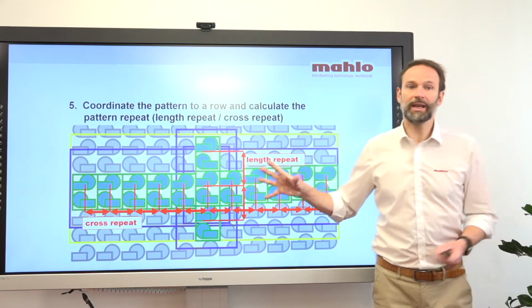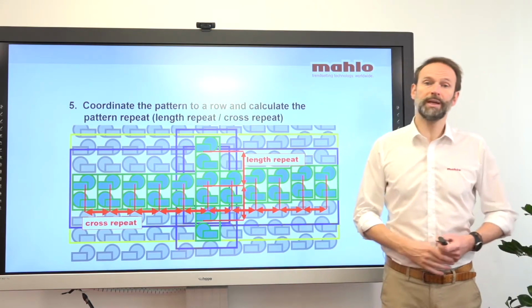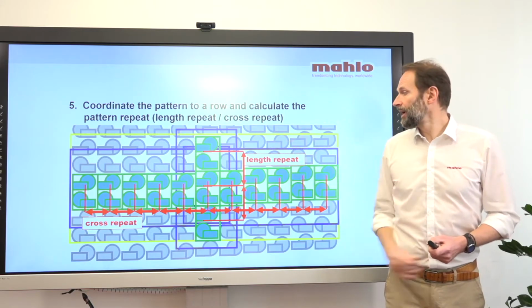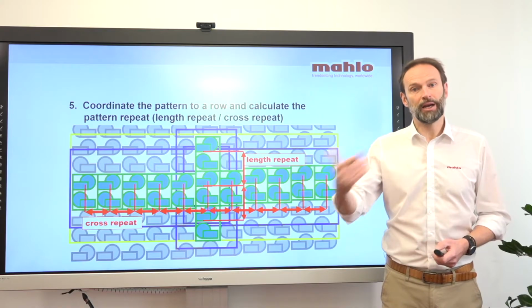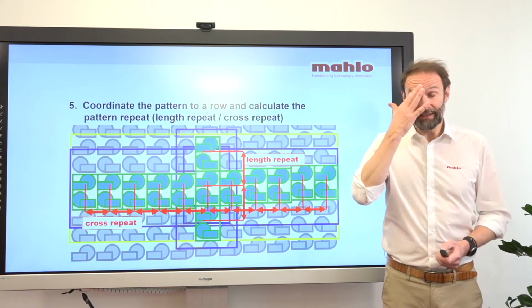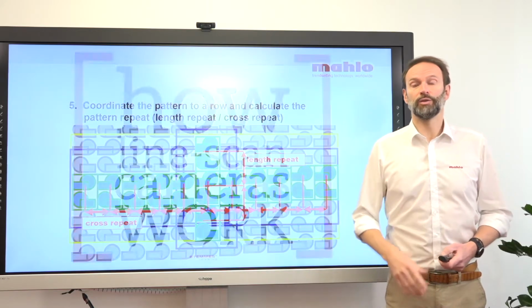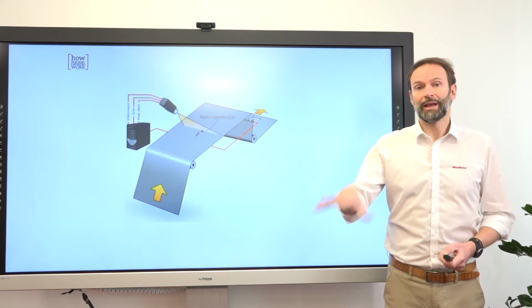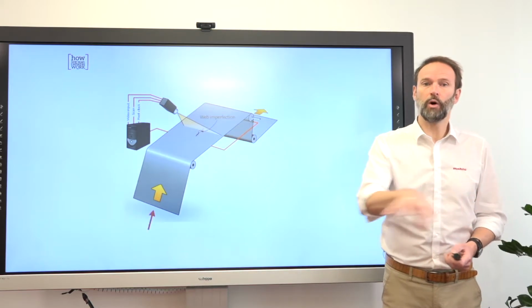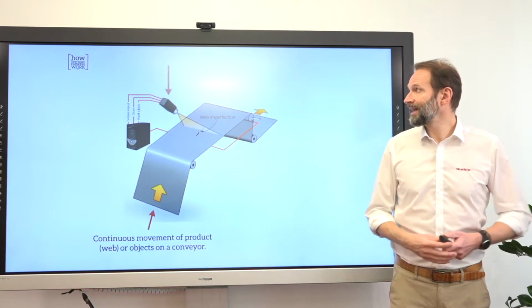Whilst there's nothing, unfortunately, that we can do in terms of the cross repeat, we do have the opportunity to have the length repeat by the overfeed of the stander. So the correction of the length repeat will be with a signal to the stander. But first of all, it is the line scan camera which is giving all the information, and I want to show you quickly how this line scan camera works.